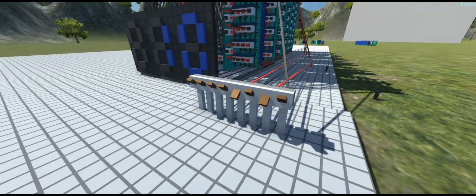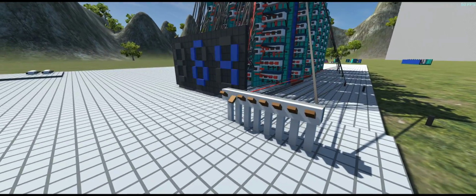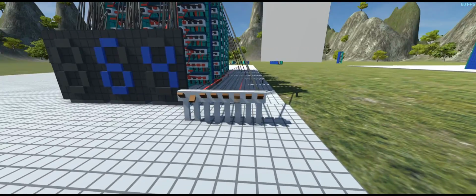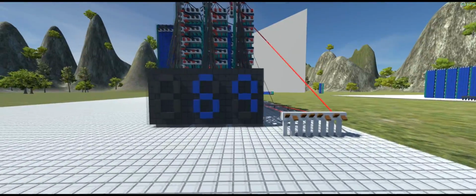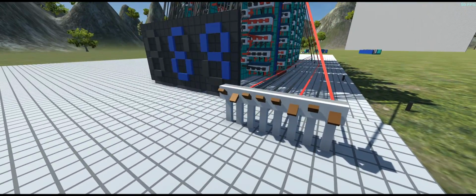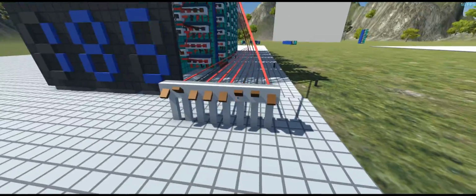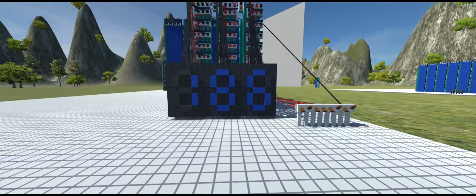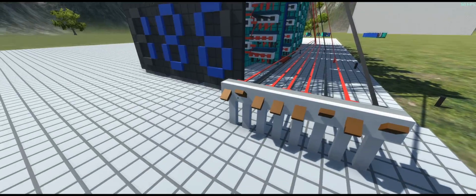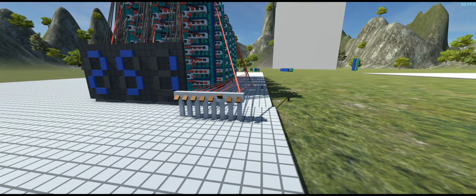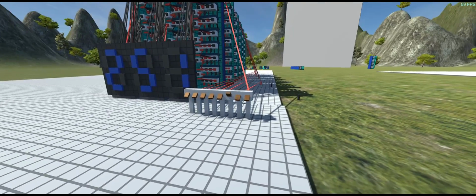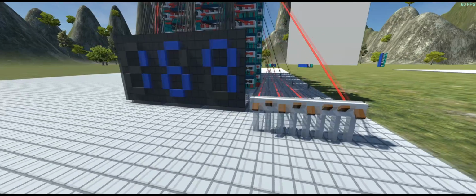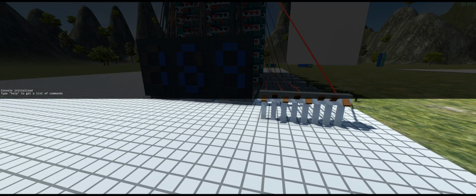So it removes the leading zeros. And so yeah, let's try some more inputs here. So there's 64, there's 69. And we get some flickering. I'm not really sure why. I don't know if it's because it's such a high clock rate that I'm running it at, but if I do a lower rate,